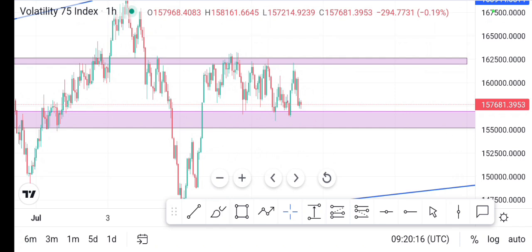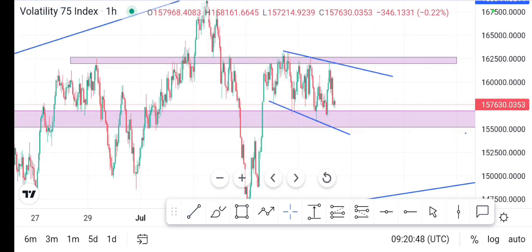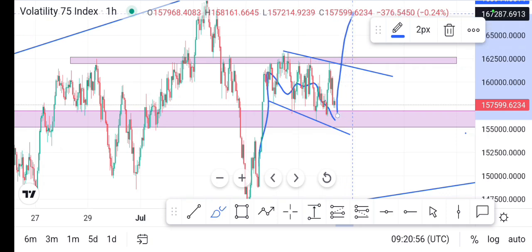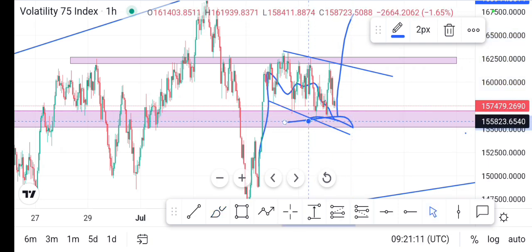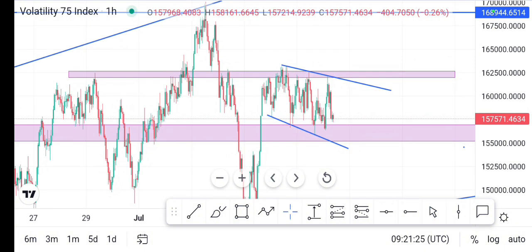If you come to H1 as well, you can see that here we have a certain flag. You see that the market has moved up, we have a rally, and then we make a flag, so we're expecting it also to go up. All of those are the possibilities that can happen. So what you have to do is wait. If this VIX 75 on H1 breaks and the H1 closes below this area, we are going to do what? We are going to take the sell opportunities.